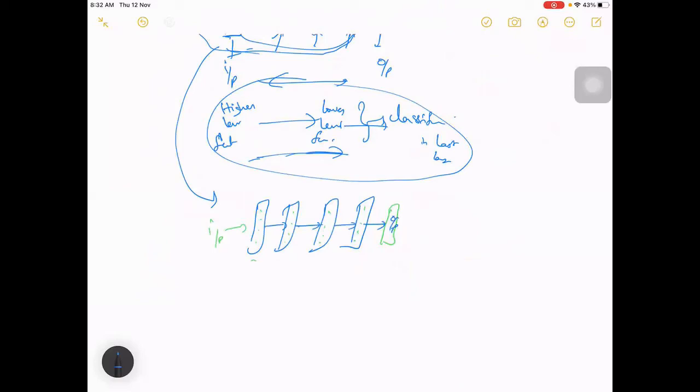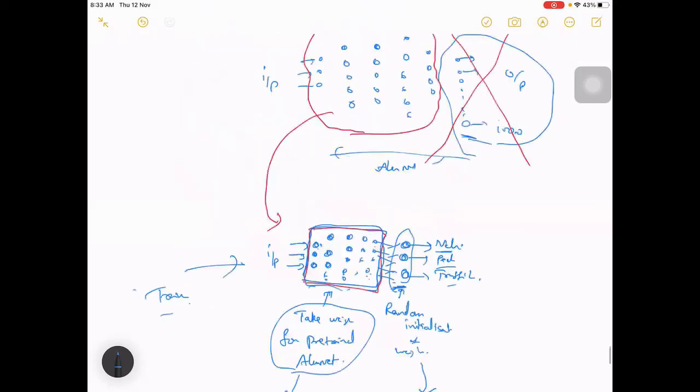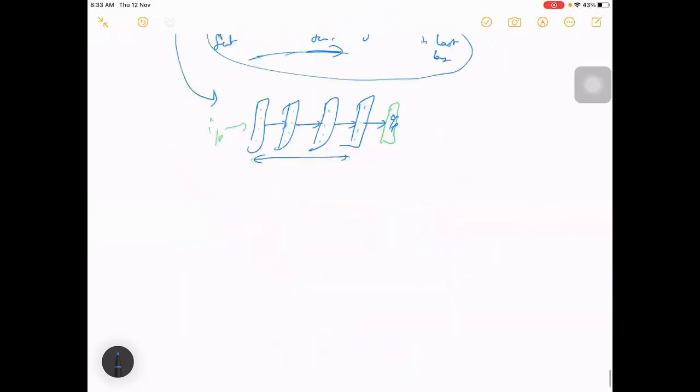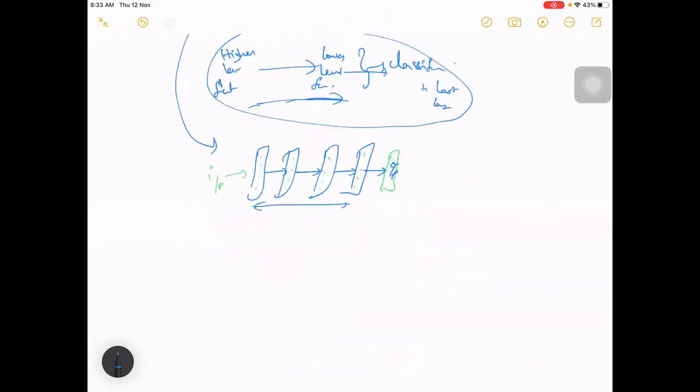If you want to retrain, these are already trained for so many epochs, to a very optimal level. If you take AlexNet or maybe ResNet or anything, it is already trained with so many epochs. So instead of disturbing that, we freeze the weights.